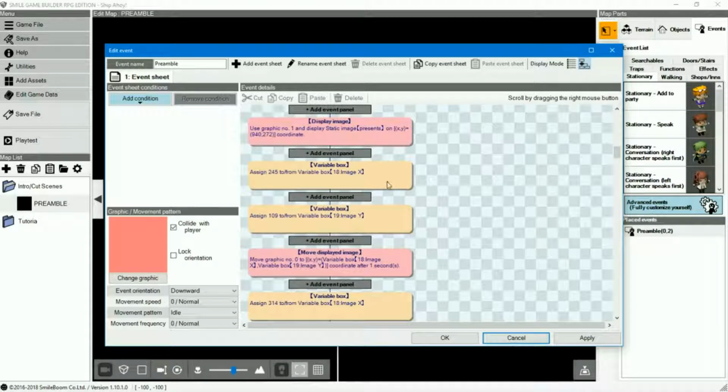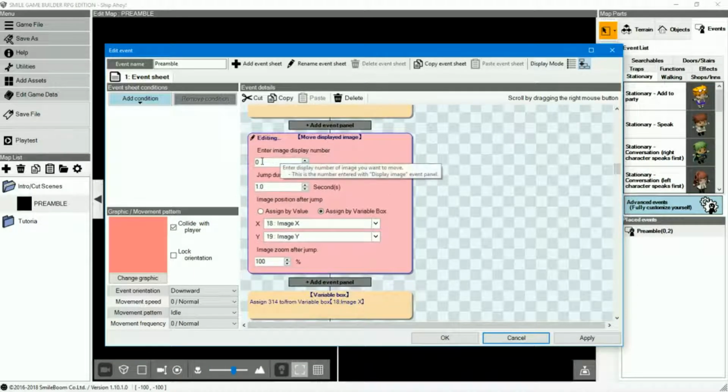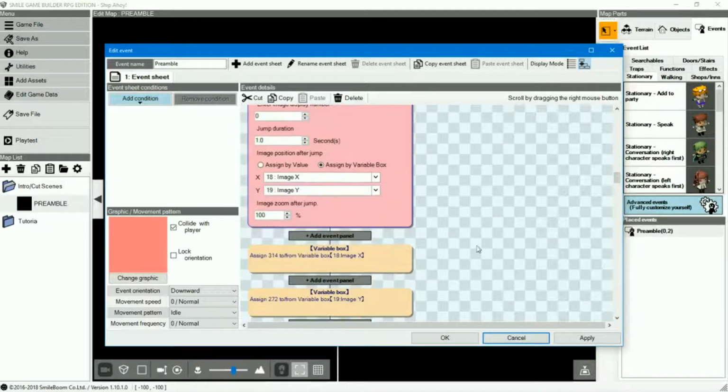Next we set up some variables for image X and image Y. These are the coordinates for the center of the map where we want the images to end up. And then we will move the image to the XY coordinates. This is number 1, which is the first image, which is the Companion Wolf Presents logo. It'll move down off screen to the center point, and then once again we assign image X and image Y